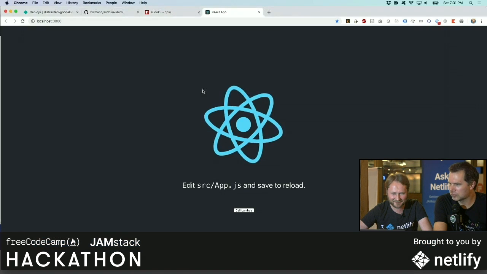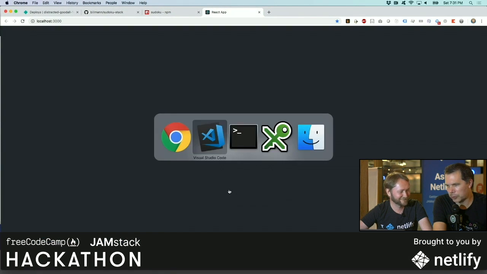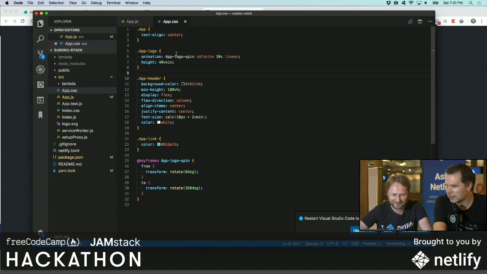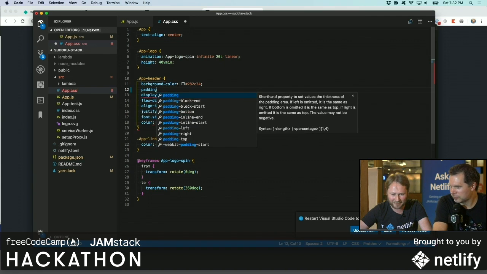Sudoku stack, here we go. Cool, so we're up and running. First off, we have a name. I think we'll need the header to be a little smaller. It has some big viewport. Let's just get rid of that and do a padding of